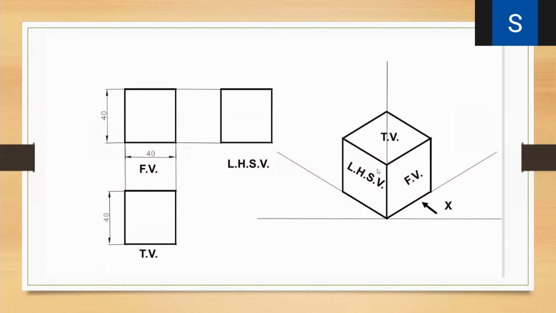In this given figure, the question given is a length of 40 millimeters in the front view and a height of 40 millimeters. As per the given, the side view is located on the left hand side. In the AutoCAD software, in the isoplane left, the side view will be located to the isoplane left and the front view will be located to the isoplane right. Next.